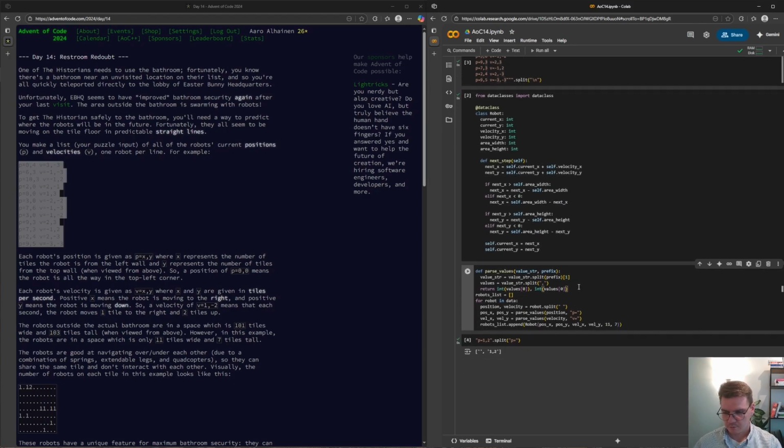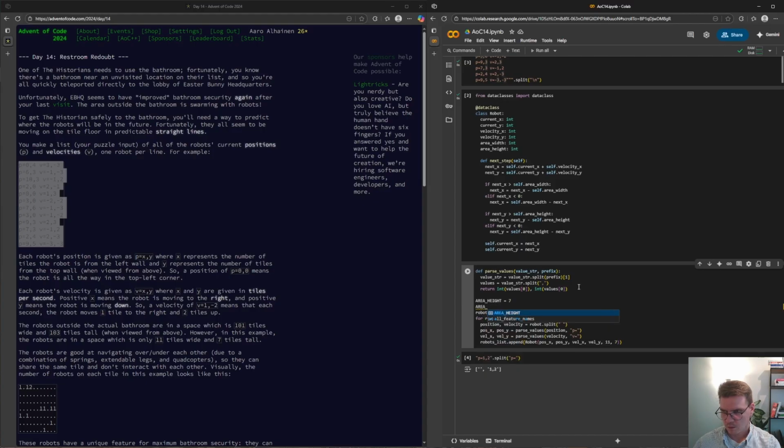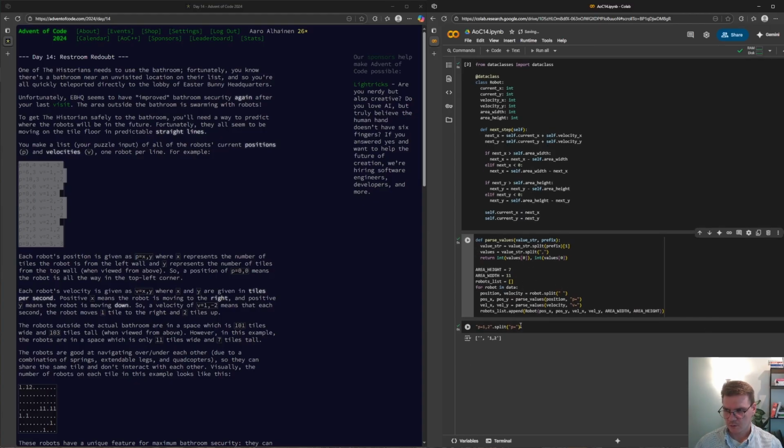Maybe we can move those here. And area width 11. Yes.